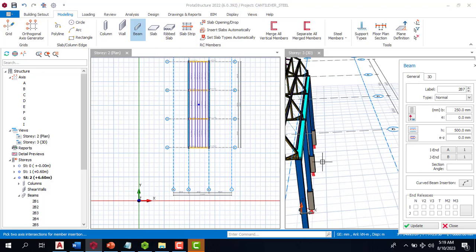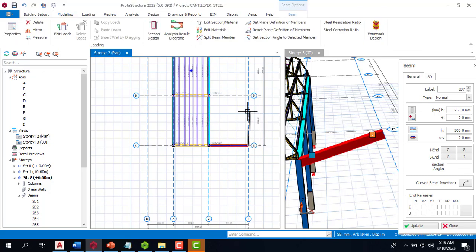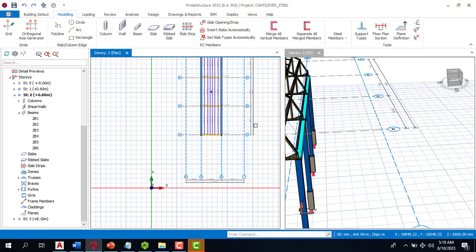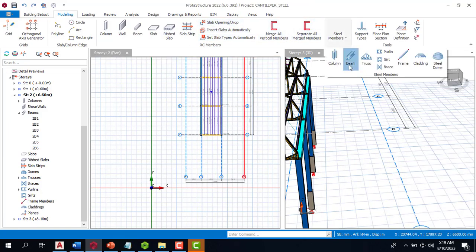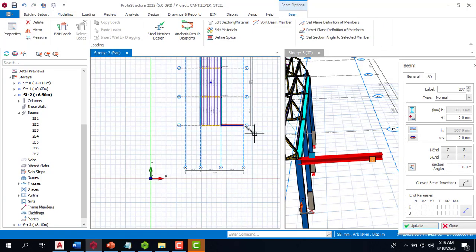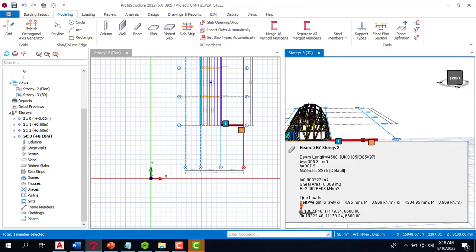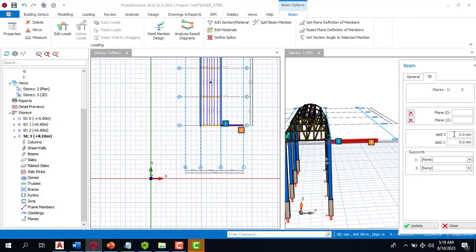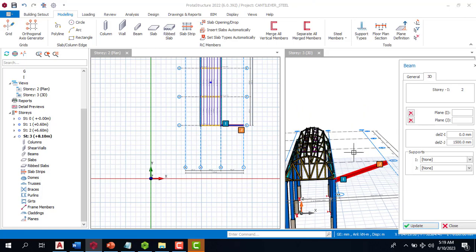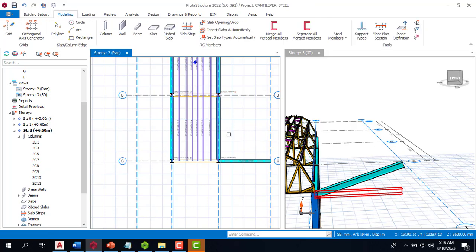So I'm going to definitely change the cross section of this steel member. Updates. All right, good. So let me do for